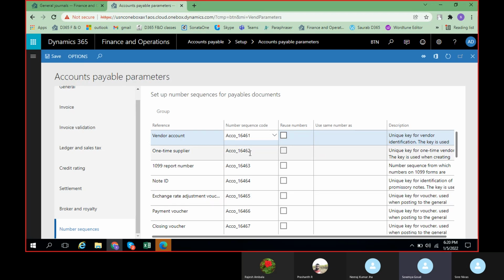Yes. See, my question was, in the number sequence code it was ACCO underscore 16461. If I want to change that 16461 to another number or something else, it's not allowing us to do that.